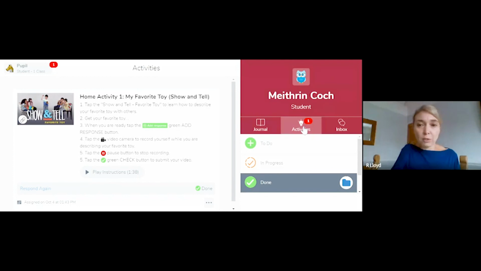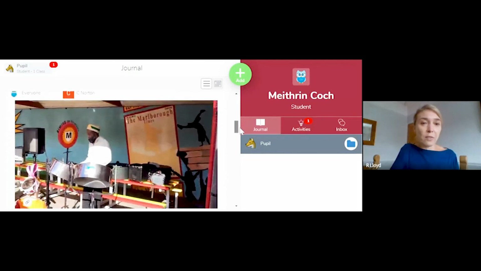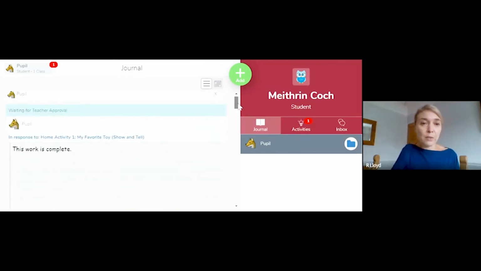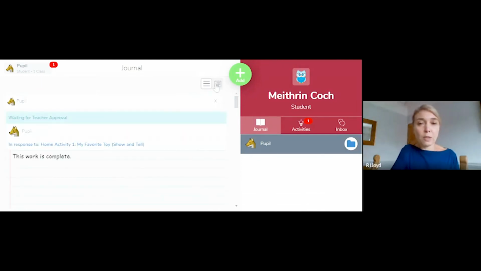Should you be doing any activities at home? This will be where you will find most of the activities that you will need to complete with your child. If I go back into journal, I can see the activity that I have completed with my child, in with the thread of the activities that have been completed in school as well. So they both then intermingled. And if I go into the calendar,